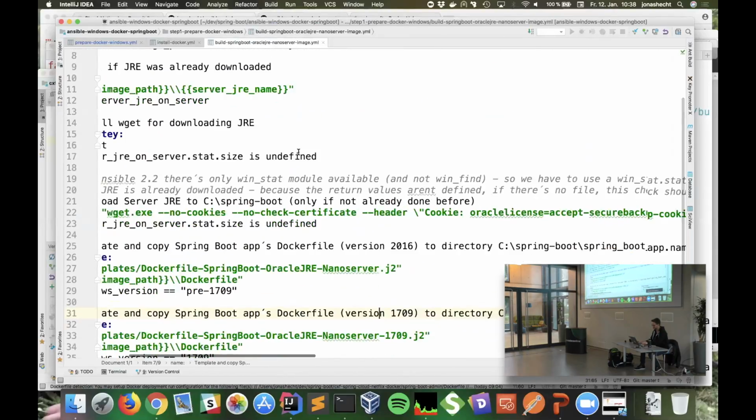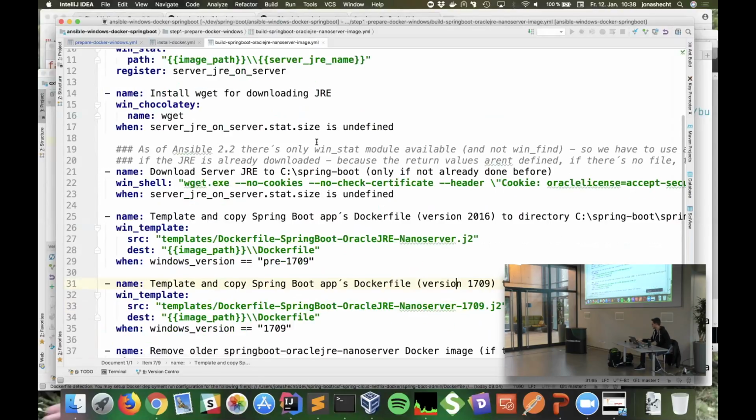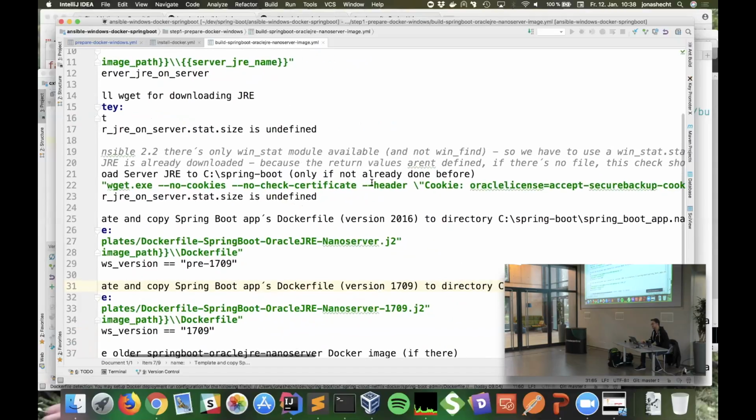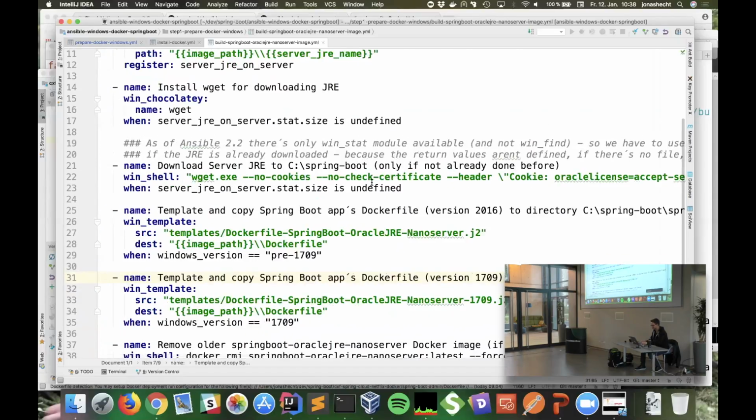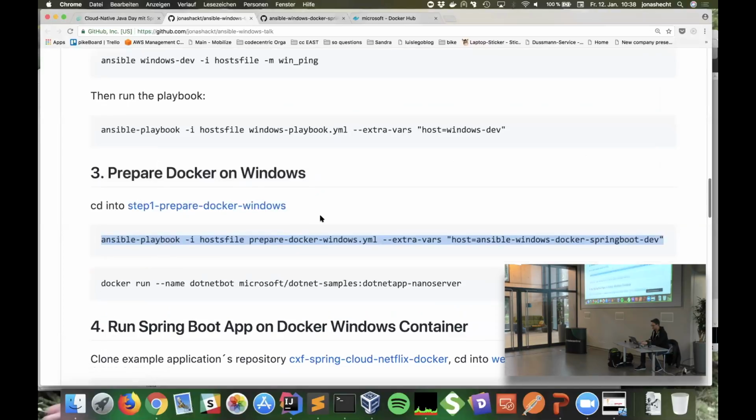And that's really cool because I think the second talk after me is Fabian from Instana, and they have this one link in their documentation that says how you can download the Java runtime with just one wget call. The problem is downloading Java, you know, it's all this clicking and things like that, but you can do it with wget. But then you have to install wget before on Windows, you know, you're on Windows. Okay, well, it's no problem, it's working fine. And then we should have Docker on this machine.